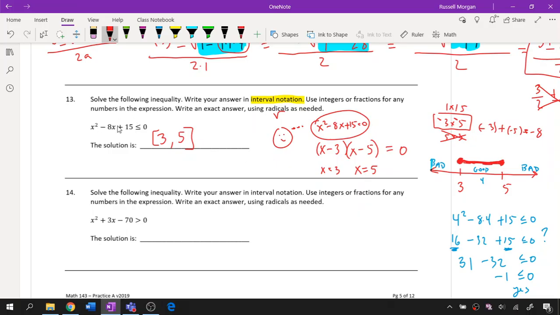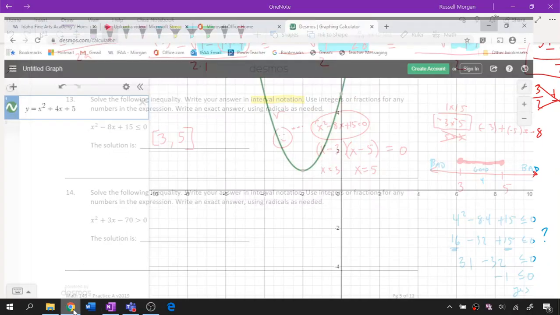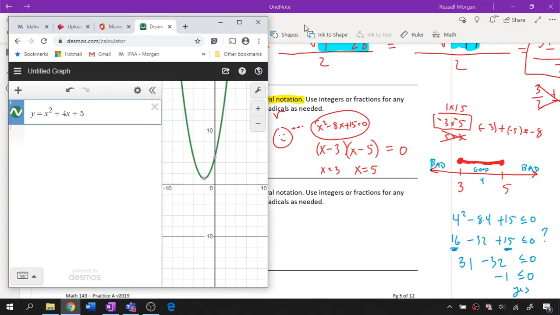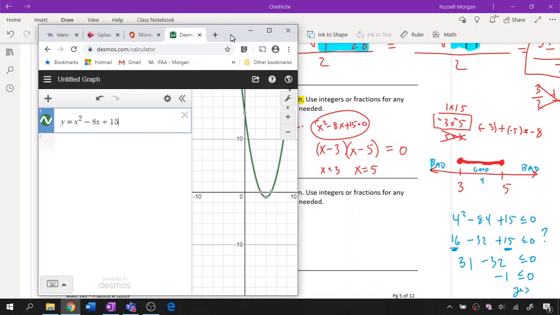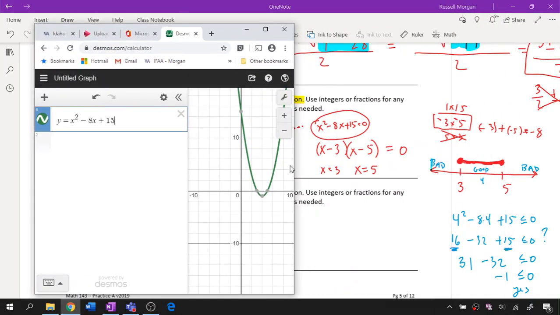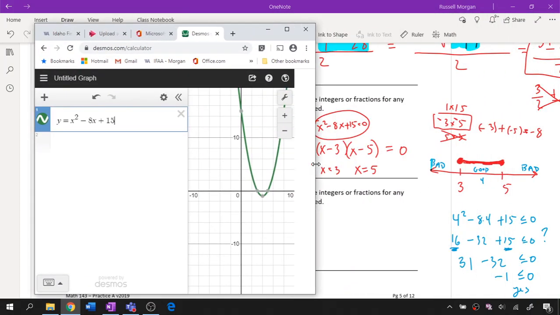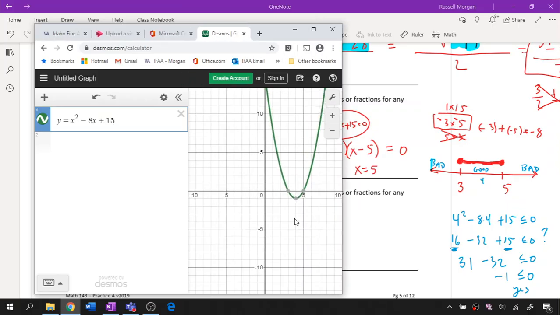What I'm going to do is even check this in a way. I'm going to graph this thing using Desmos. So let me get rid of the other parabola we had earlier. In fact, let me just rewrite this one. We're going to have x squared minus 8x plus 15. And if I look at this, while I have my work over here showing, I can see something kind of important. I see the answer of 3 here and 5 there,